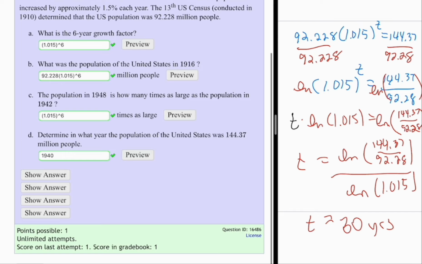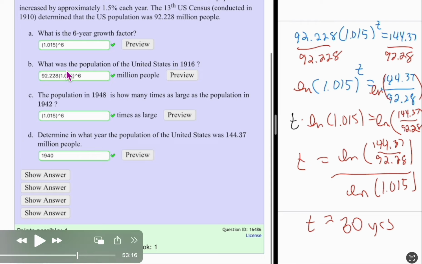So they told us that from 1910 to 2010, the yearly growth rate was 1.5%. If we take that 1.5 and add it to 100, that's 101.5, or the decimal 1.015, take it to the